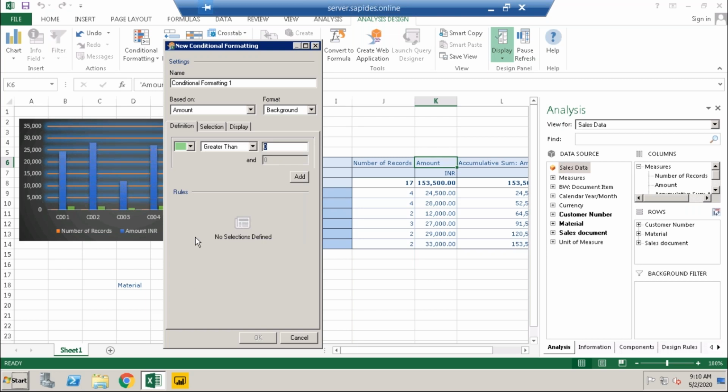It's amount, so it is greater than 27,000, 25,000. Yellow, so between, so it's 15,000.